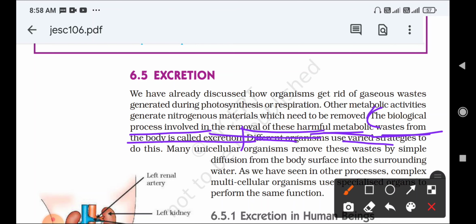Different organisms use varied strategies to do this. Different organisms use different techniques or methods to remove waste products from the body. Many unicellular organisms remove these wastes by simple diffusion from the body surface into the surrounding. For example,